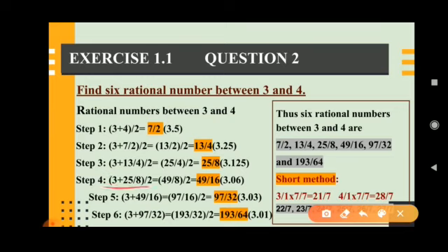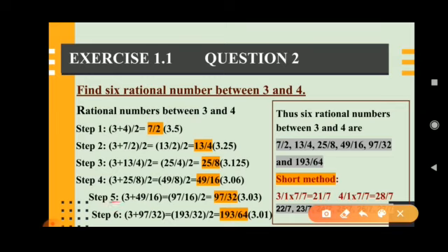Average of the first rational number and the obtained previous one. Again 3 plus 25 by 8, first divided by 2 you have to take. So 8 3s are 24 plus 25 divided by 8, that is 24 plus 25 by 8, by 2. So it becomes 49, and 8 2s are 16, so 49 by 16. If you convert 49 by 16, it is 3.06. It is in between 3 and 4.